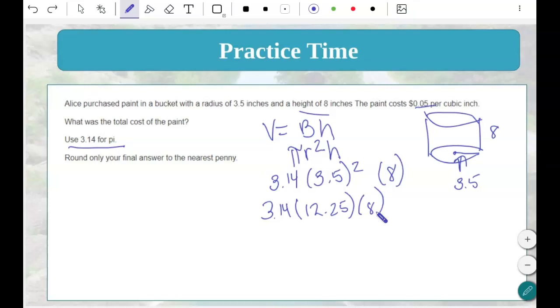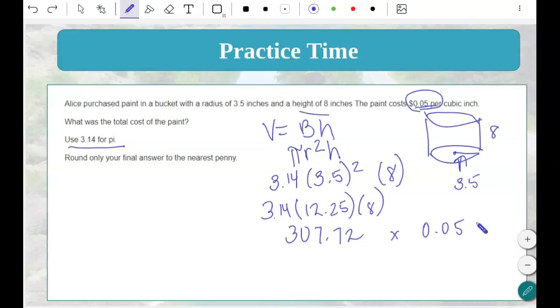You should get 307.72. So that's the volume, how much paint is in there. Now to find the cost, we're going to multiply that by 5 cents. So just take your answer and multiply 0.05. And we get